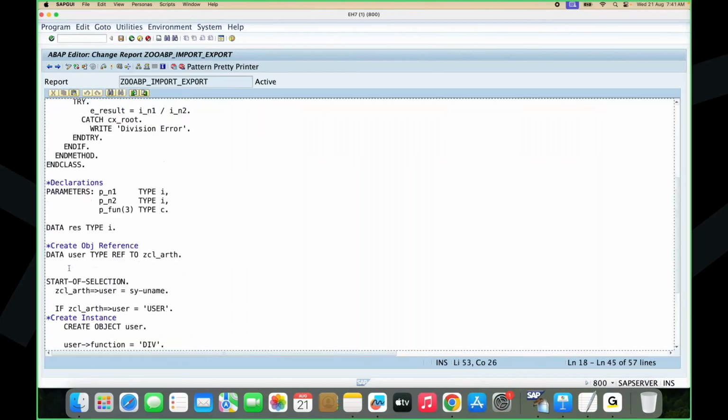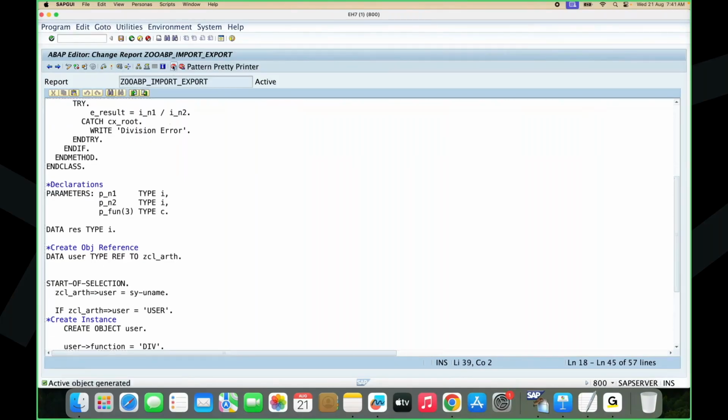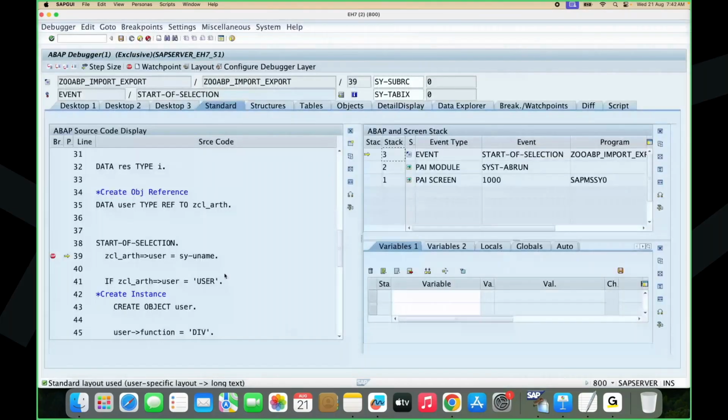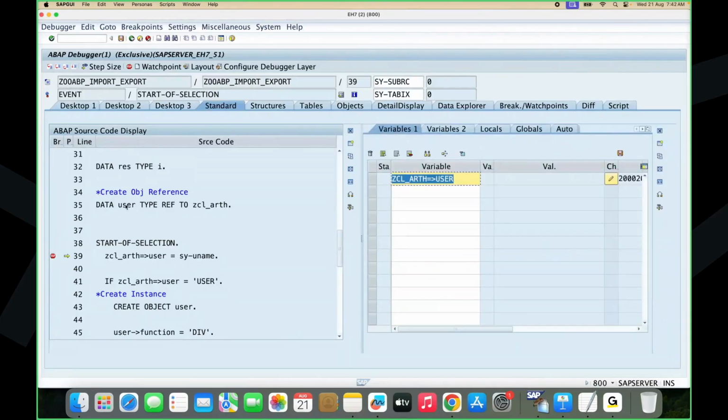You can place a breakpoint at the start of selection and then observe how the screen flow is going. Execute. 6, 3 and the function is the division operation. Execute. If I click on user, so if you click on user, you can see